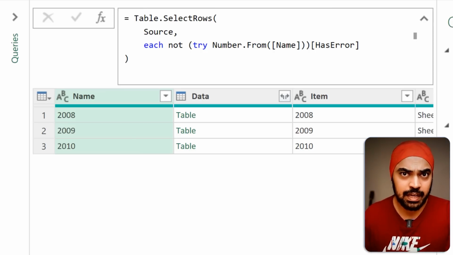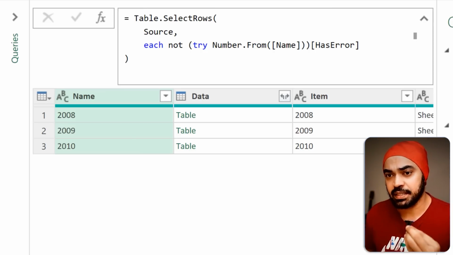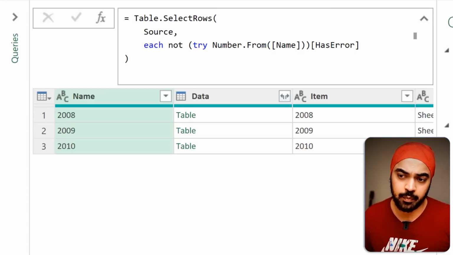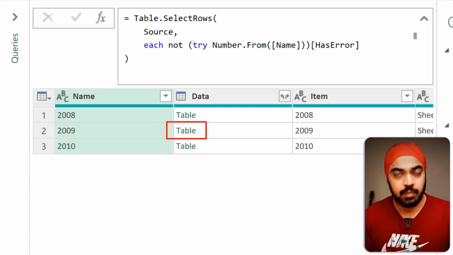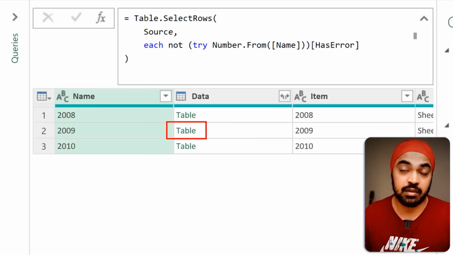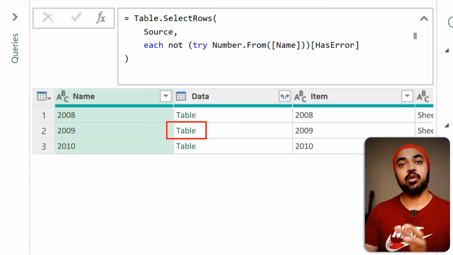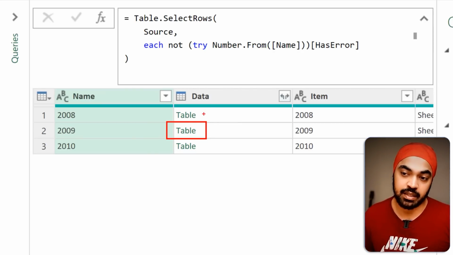How do we do that is something that we will take a look. From here on, I would like to break my query and start working with just one table. So let's go ahead and start working with the 2009 table only. We will do some work to modify this table and remove the junk rows on the top. And then whatever code we write, we'll apply to all the 3 tables right here, which is the 8 table, 9